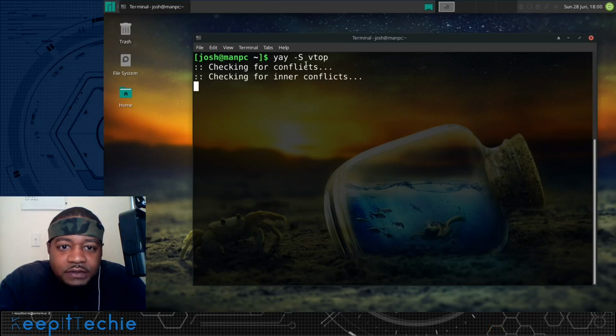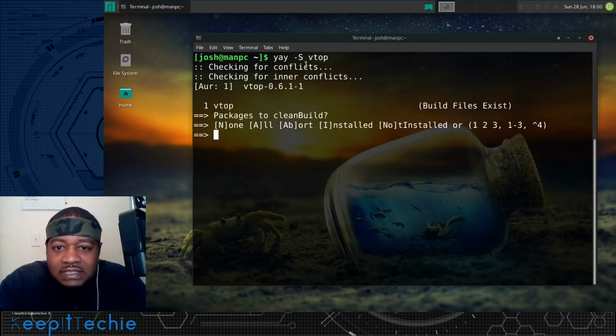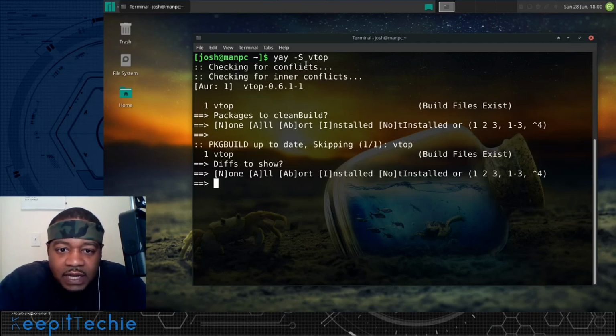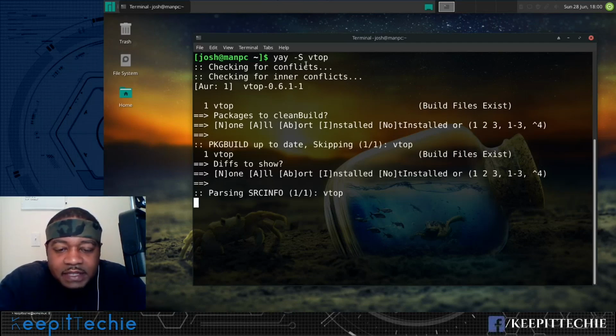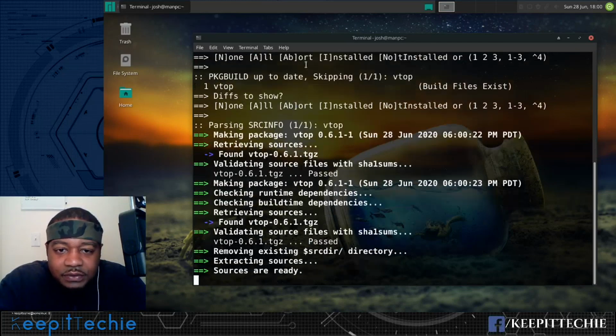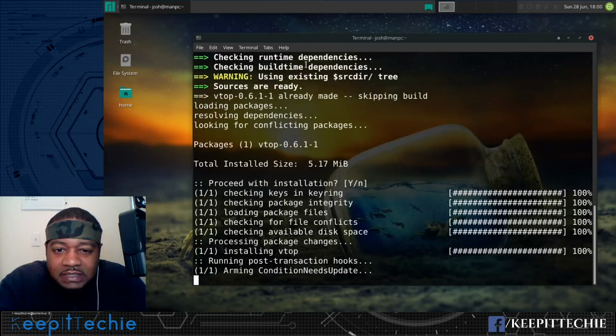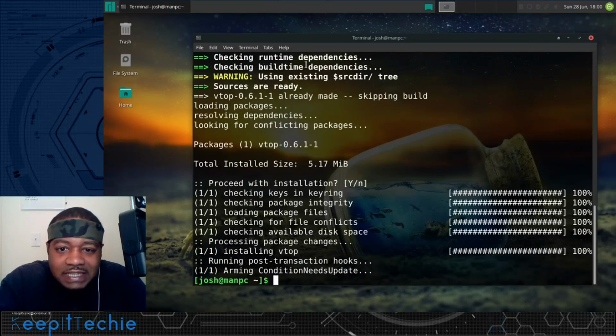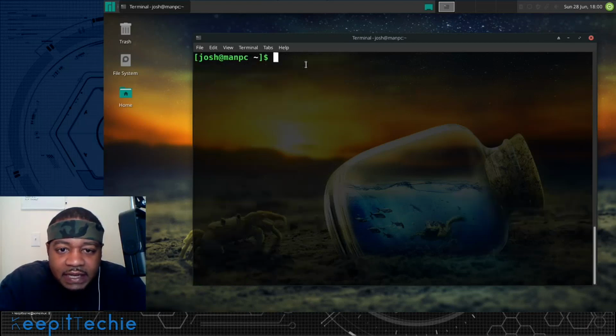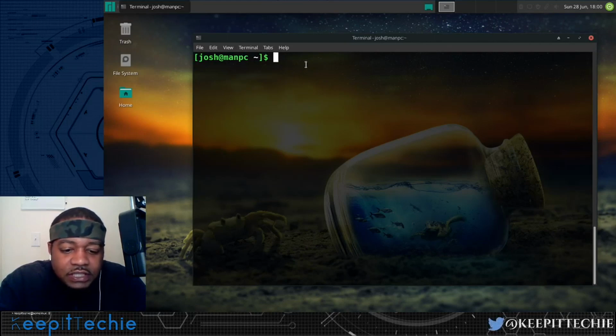It might be a little quicker for me because I installed it on this system before. So I'll just go through the install, but it may be a little bit longer for you because it has to build the package, and I think I already have it built on my system. So it doesn't take that long for me, but for you, it may take a little longer. All right, cool. Now that we have the package installed, let's show you the help. The way you get to that is simply vtop